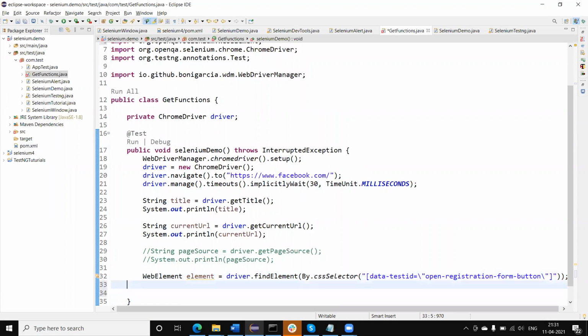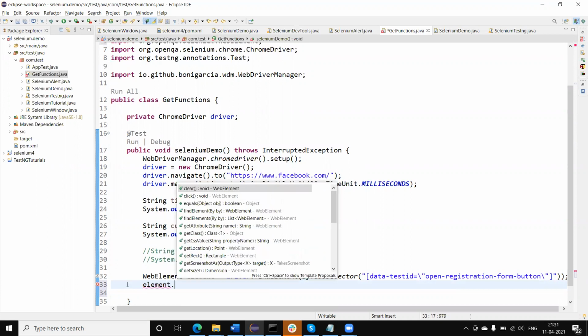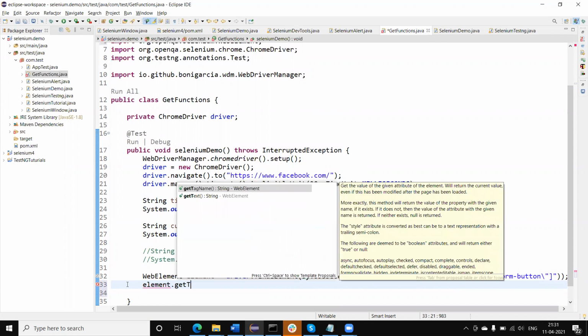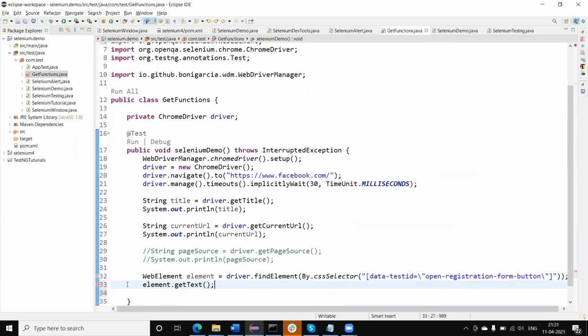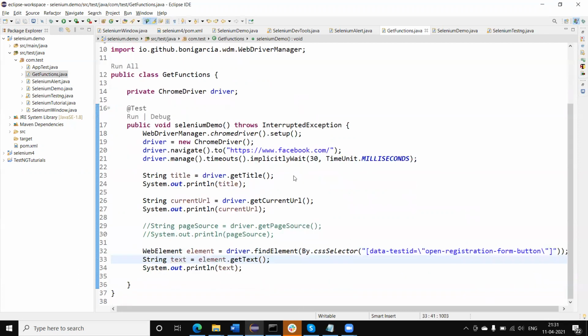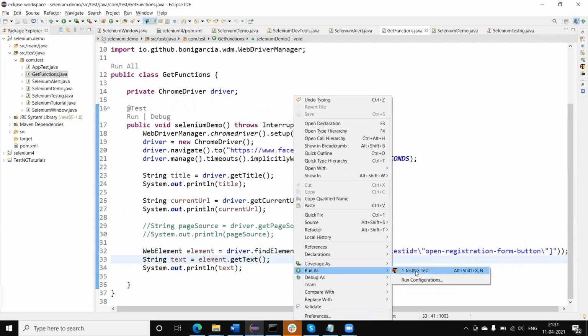Now I am going to read the text. I can call the element object, then dot get text, and then store this text in a variable like text. Printing the text value. Let me now run and show you.